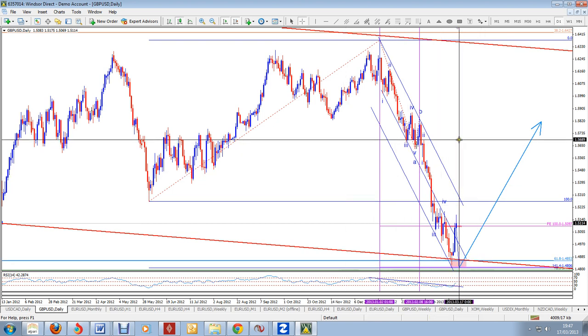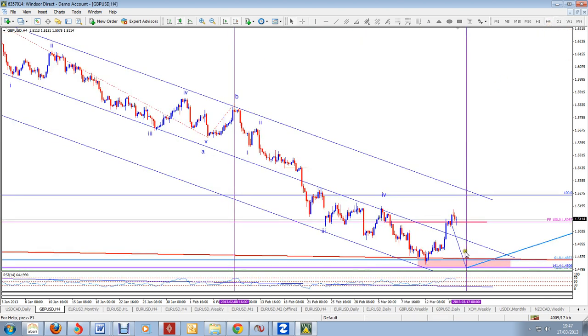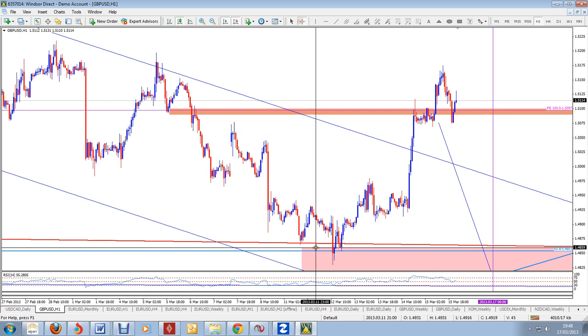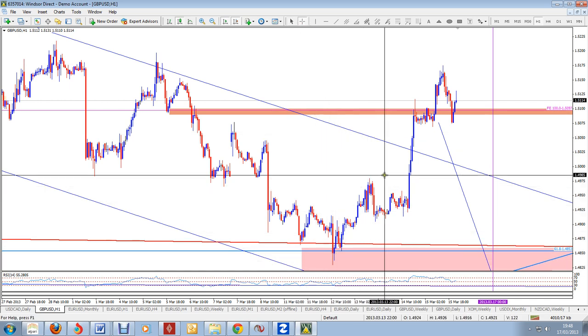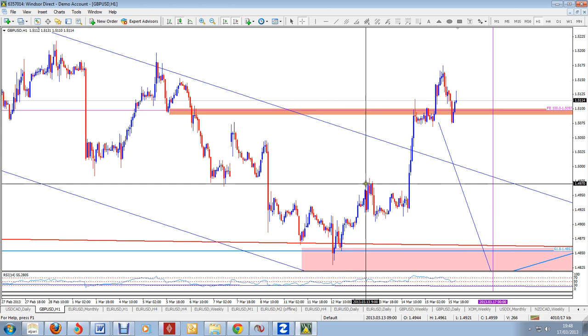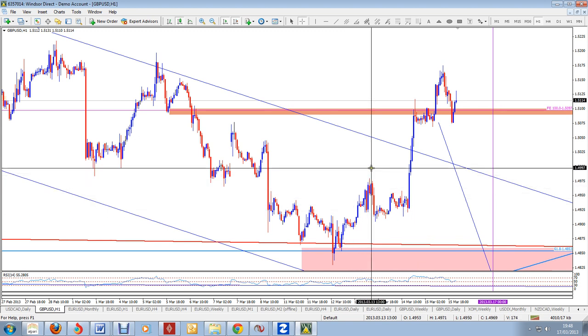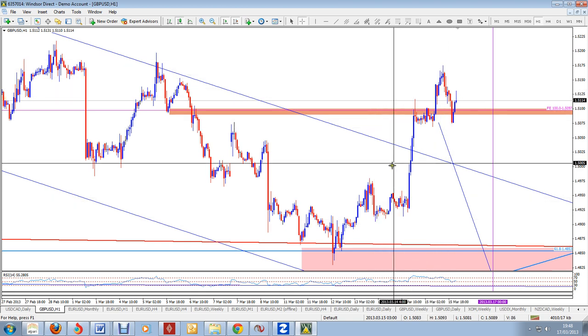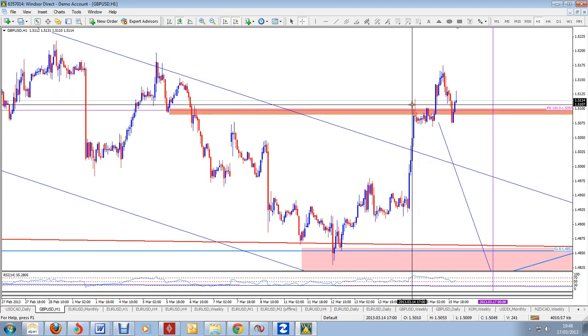I was expecting a bottom to form on a Friday, but the price actually formed a bottom on a Thursday and went up. And so far from the look of it, it's a little difficult to say, but if you look at this one, this here looks like a wave 1 up. So 1, 2, 3, 4 and 5, so wave 1 up. Then we've got this ABC decline, wave 2. Then this one looks like a wave 3. So 1, 2, 3, 4 and 5.